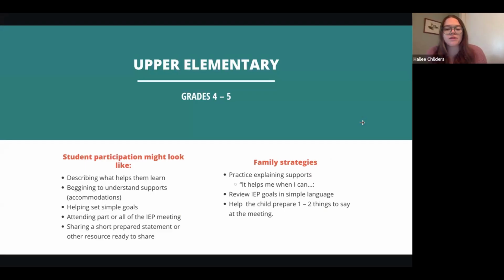As far as upper elementary goes, so grades 4 and 5, student participation can get a little bit more involved. This can look like students describing what helps them learn. So knowing what accommodations benefit them, beginning to understand those supports known as accommodations, knowing what they're entitled to, being taught the skills to ask for those accommodations, and then helping set simple goals. I really want to get better at writing a complete paragraph this year, or I want to learn